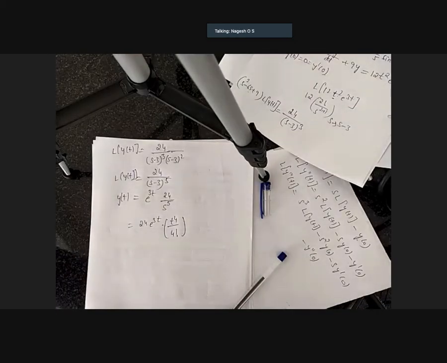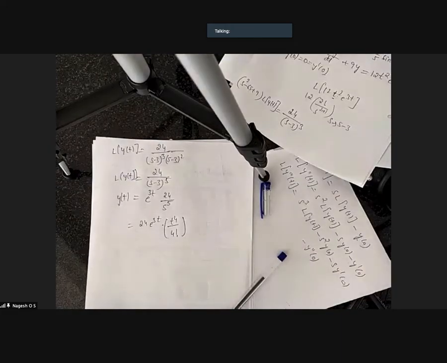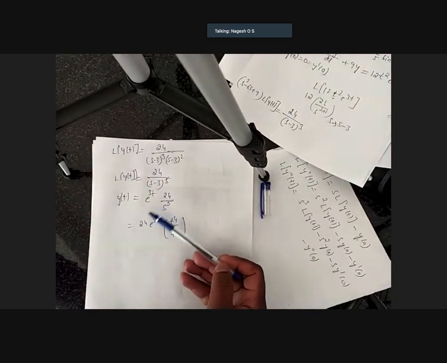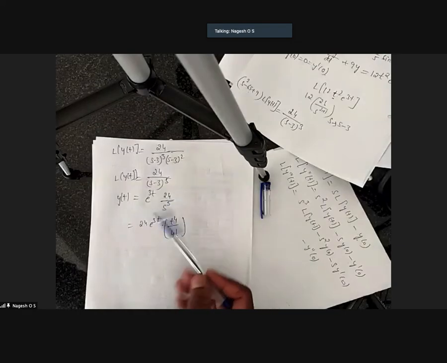Okay, multiply exponential to the power of 3t, e power 3t, replace s minus 3 by s. So this will become s power 5, then 24 outside, 24 e power 3t. Laplace inverse of this is